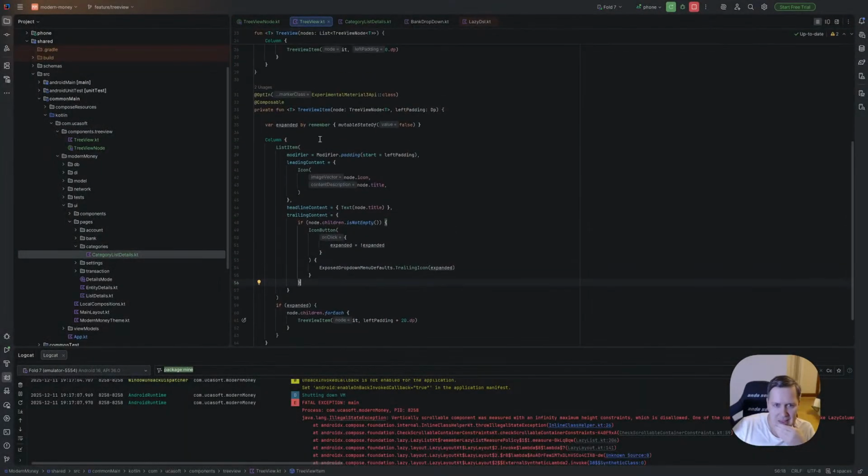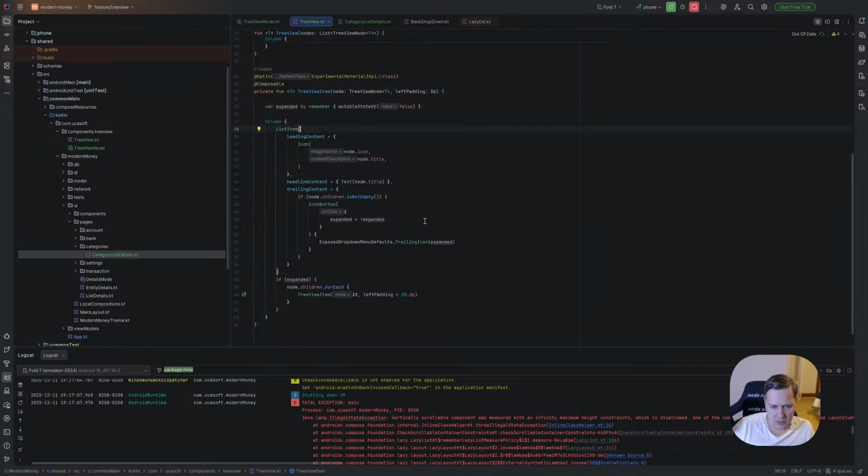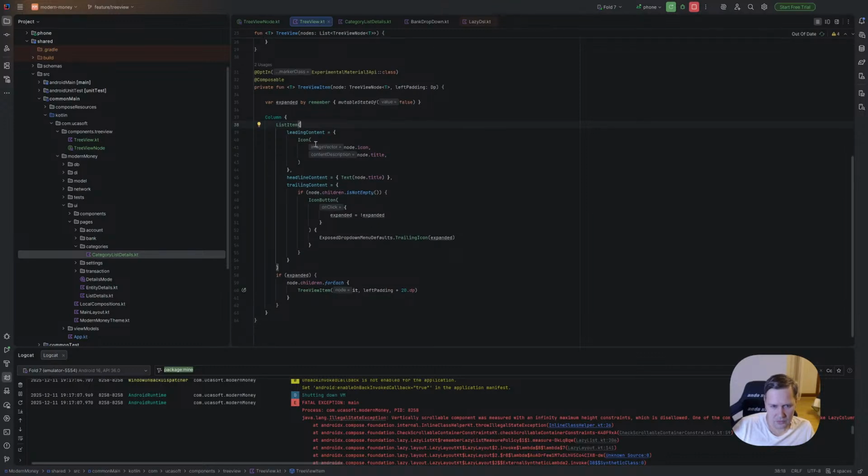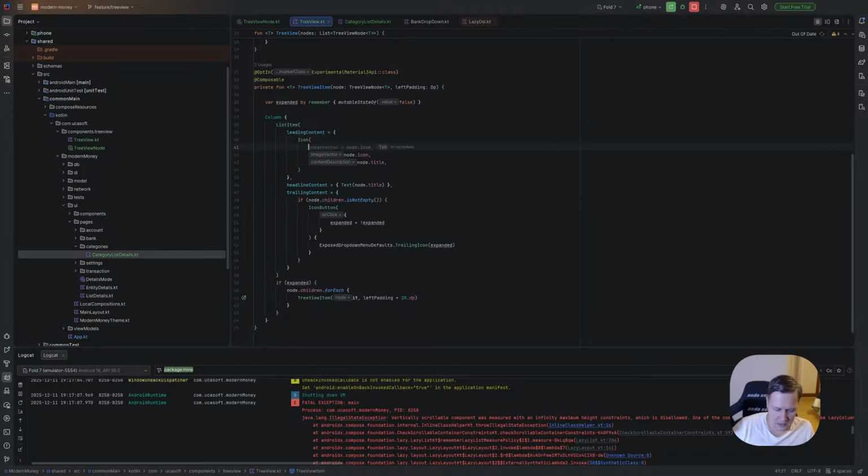Let's try to understand. Here we need not padding, but merging. Okay, we cannot do it here, but let's try to do it for leading content. Can we have modifier and padding and start and left padding? Okay, and what is going wrong here?